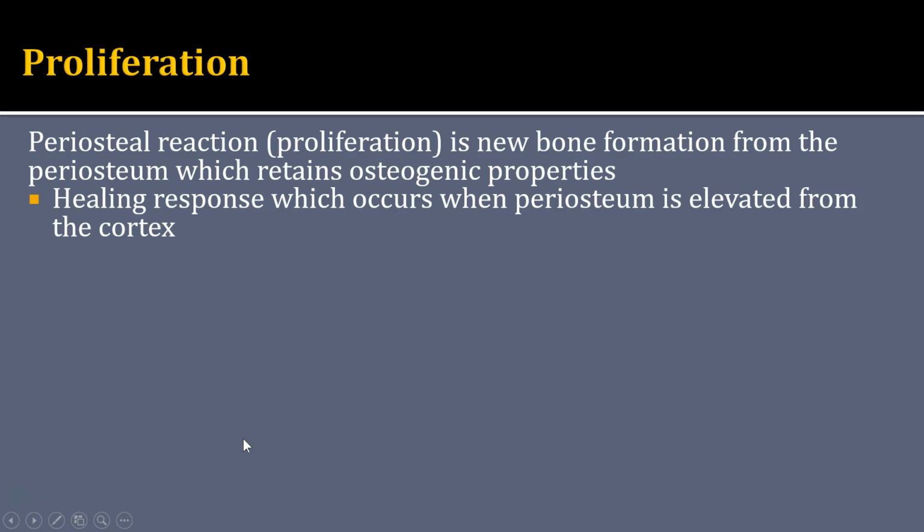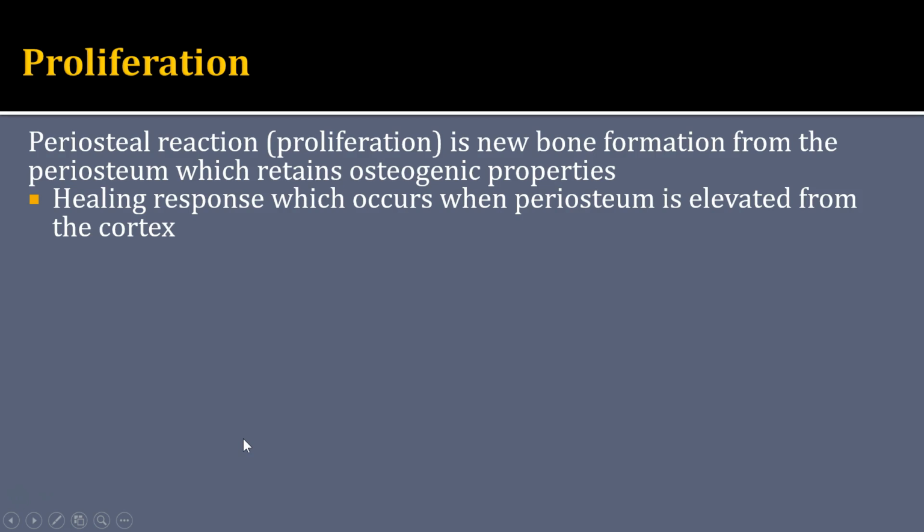So next I want to talk about proliferation. And proliferation, or periosteal reaction, is new bone formation that is arising from the periosteum. And remember, the periosteum retains osteogenic properties. So the periosteum has two layers. There's an outer fibrous and then the inner cambium layer, and it's that cambium layer that retains osteogenic properties, and